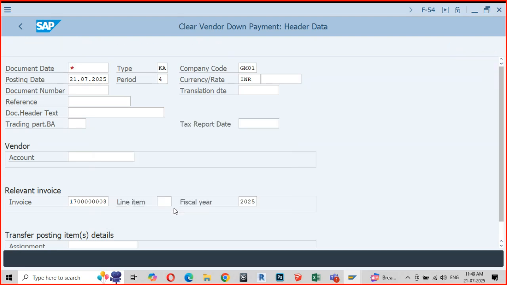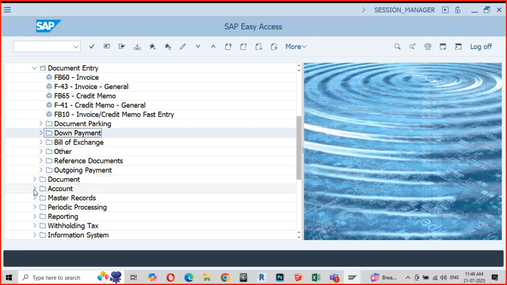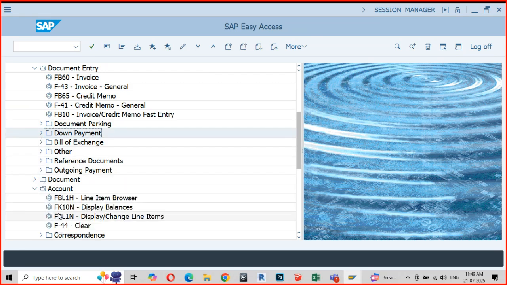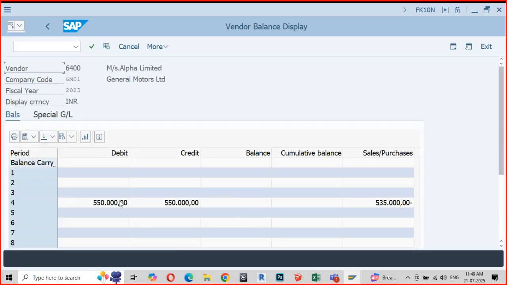But let us see whether the vendor balance is showing any advances. Account FK tenant. See, now the balance is also 5,50,000.